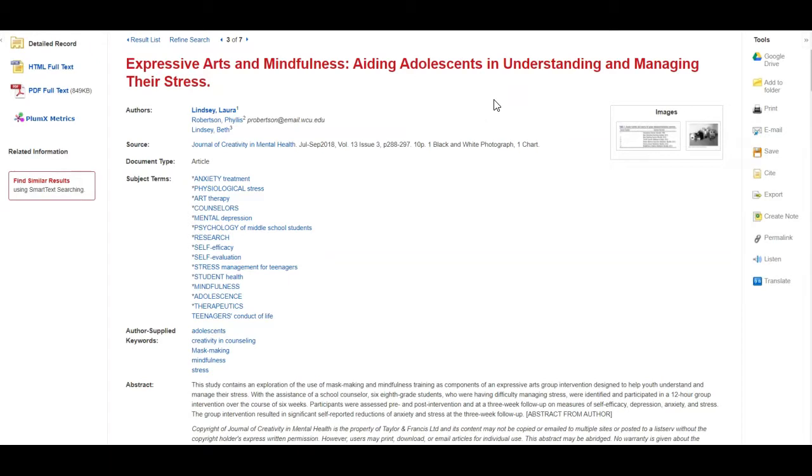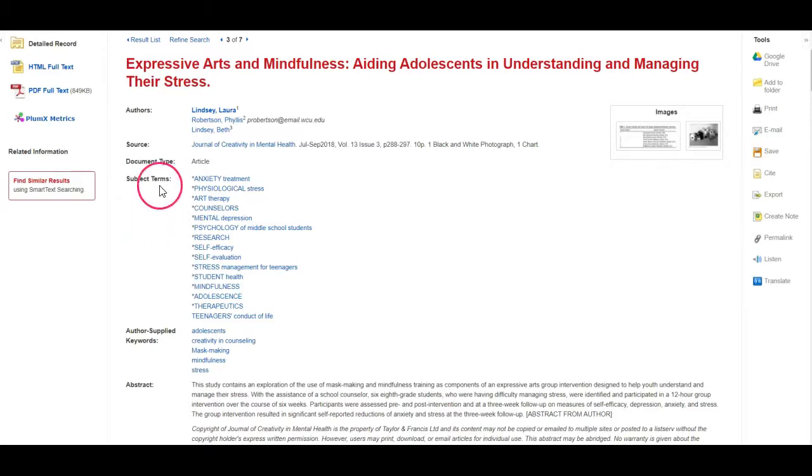The main portion of the detailed record is, of course, the information about the source itself. So all of the required information like title of the article, authors listed, the publication that it was first published in, date of publication, all of those pieces that I need for my works cited page citation are right here on this detailed record screen.